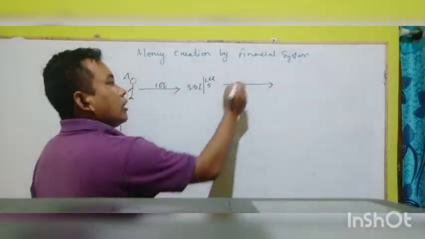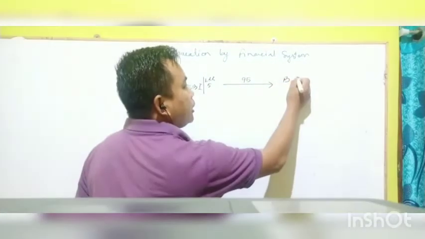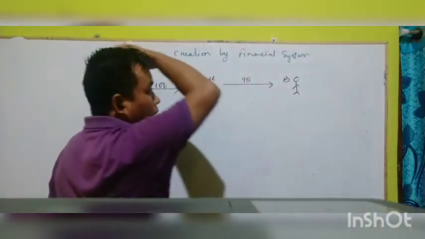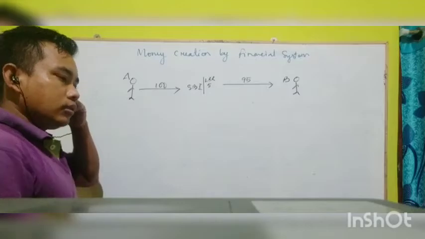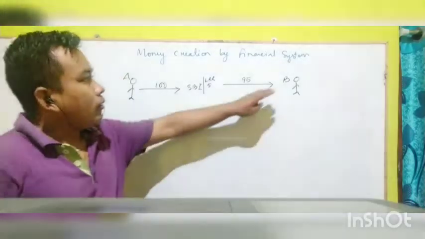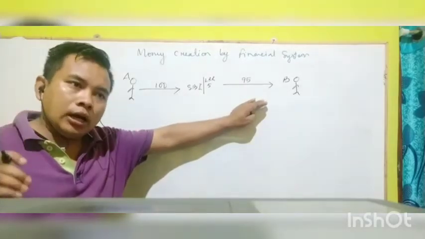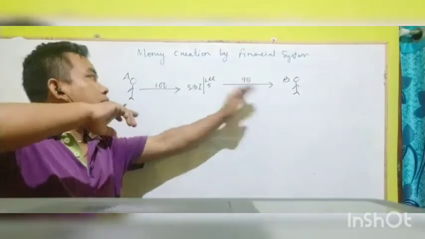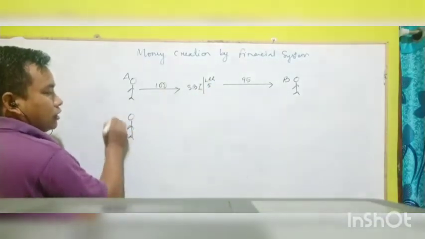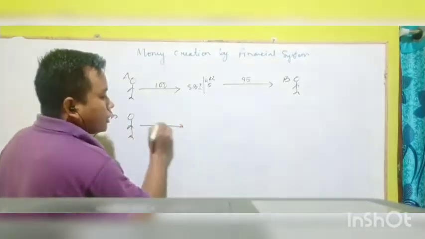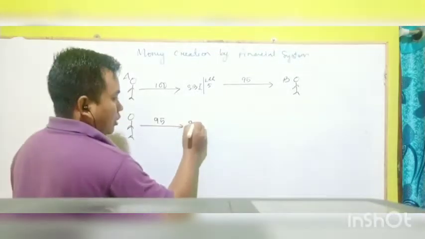After deducting this, 95 rupees will be made available for Mr. B. Mr. B can take a loan of 95 rupees for our calculation. What I'm saying is that Mr. B takes 95 rupees from SBI. This Mr. B will again have to return this 95 rupees share to SBI.